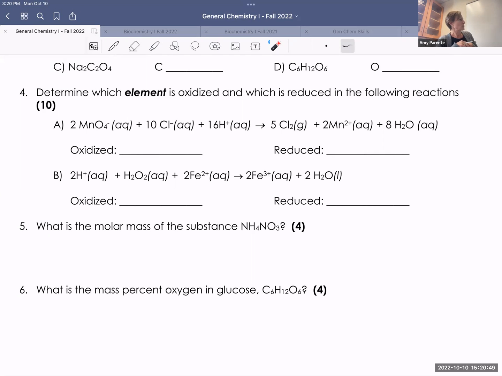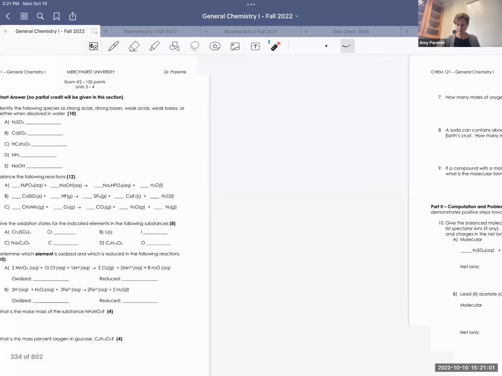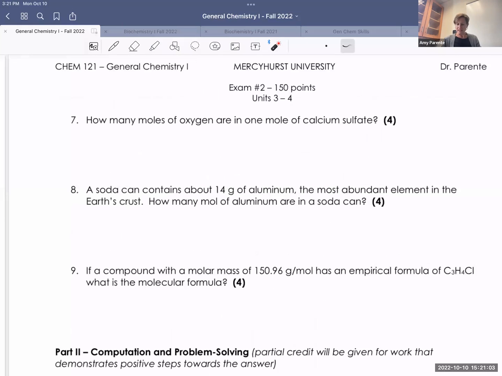Thinking about mass percent, maybe we'll call these walking steps. They're just one part of what you might see in a bigger problem. Okay, so that's the first page as you have it there. Okay, second page,